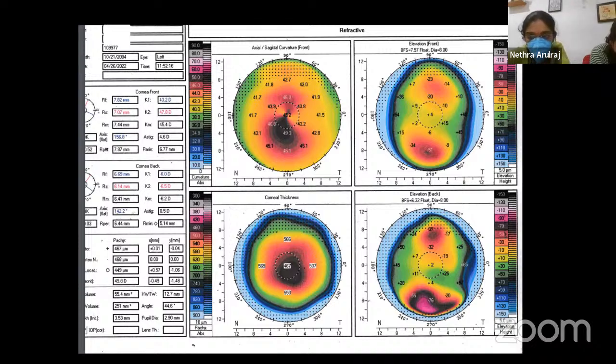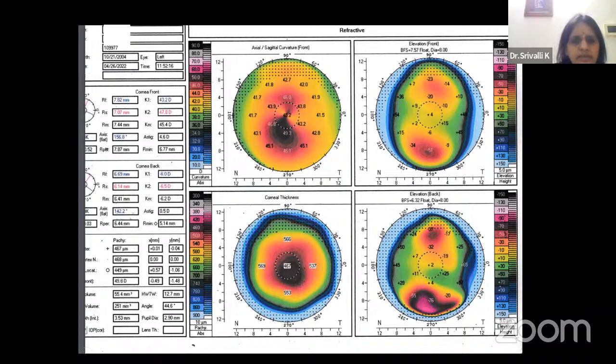This is slightly above the normal value, slightly abnormal, slightly suspicious. And the astigmatism is coming to be 4.6 diopters. And look at the Kmax. Yeah, the Kmax is 49.8, which is abnormal. Definitely abnormal. And the thinnest cornea also, the thinnest local is 449, which is also suggestive of a